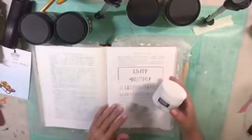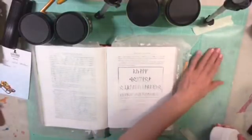So the first thing I'm going to try is the super heavy gloss gel. Okay, let's try that. This is the super heavy gloss gel, and I'm just going to put a little bit on my